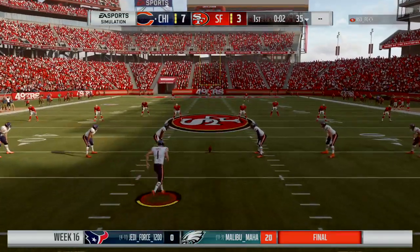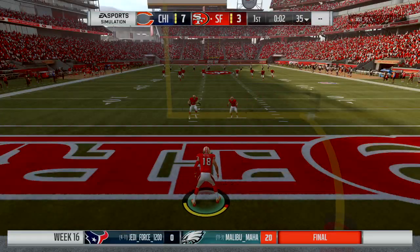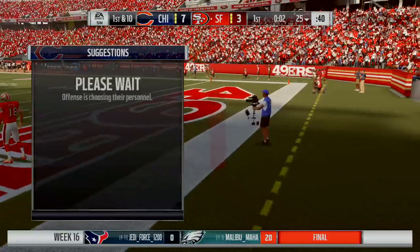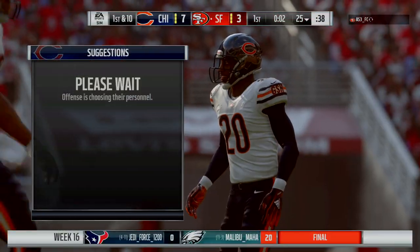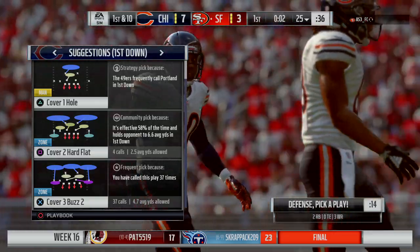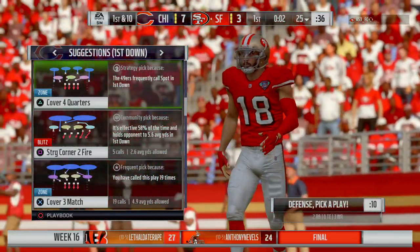Here's Parkey now, set to kick it away. And they will not get a chance to return this one as it's through the end zone for a touchback. The 49ers offense making its way back out there. And after the field goal last time, we'll see what they can get here. At least they got points out of the